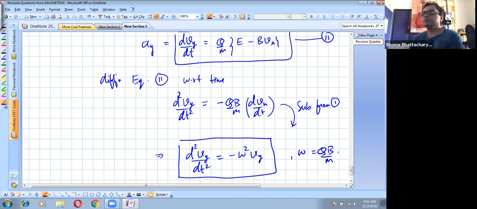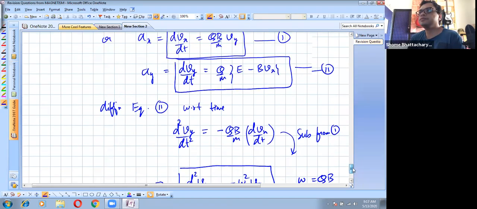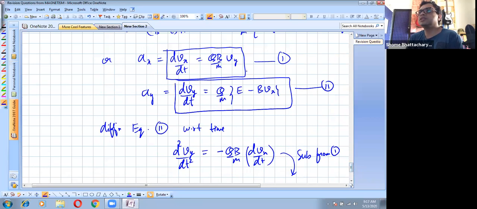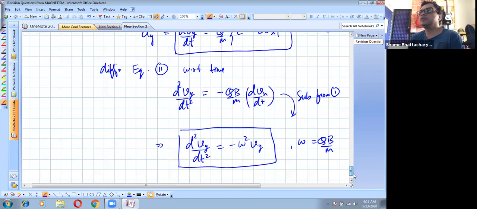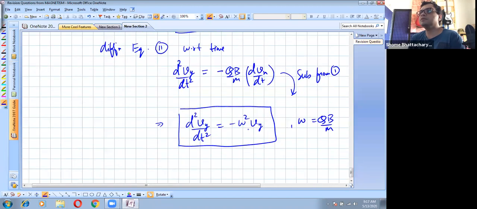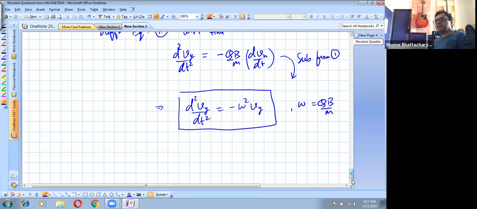Right, so clear so far? So just substitute this thing over here in this equation. So you have this term inside the bracket, it becomes QB by M into Vy. So QB by M comes with a square, like this. Okay, so now once we are clear with this, next thing we understand is that Vy